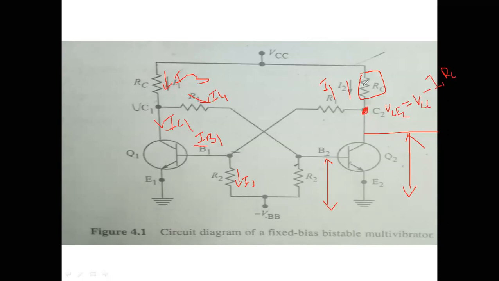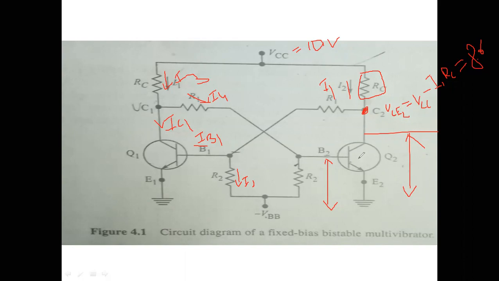I1 RC is nothing but a drop. Suppose here you have 10 volts. If we get a 1 volt drop here, then the voltage at this point will be 9 volts, 10 volts minus 1 volt. Therefore, you may get this VCE2 as 8.6 volts. VCC is 10, I1 we calculated at the start as 1.65, and RC is 820. If you substitute, you may get 8.6 volts.